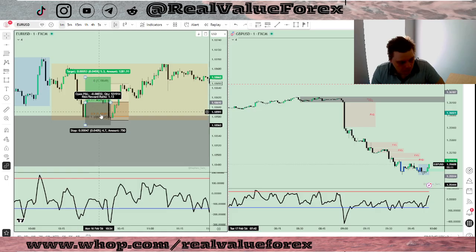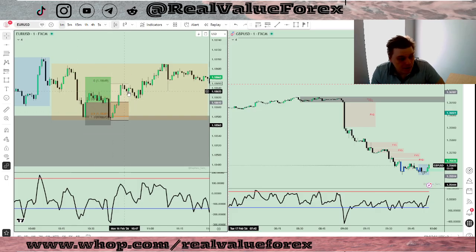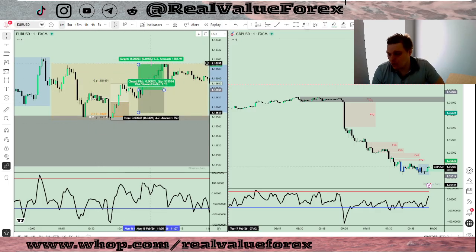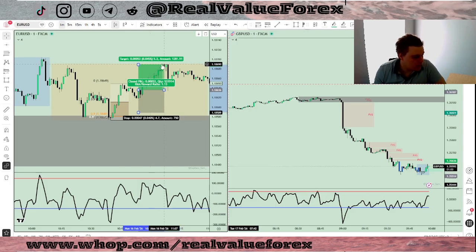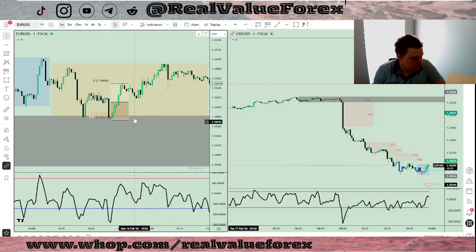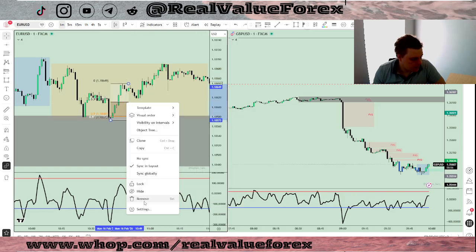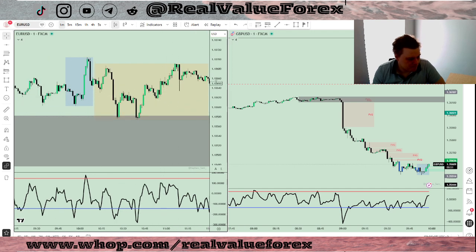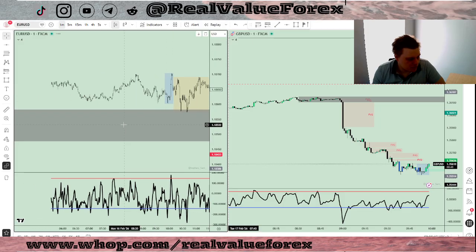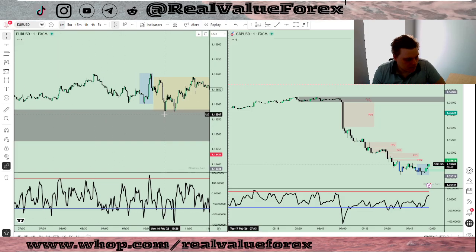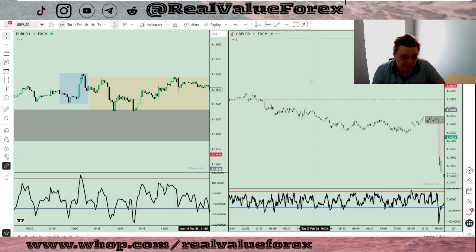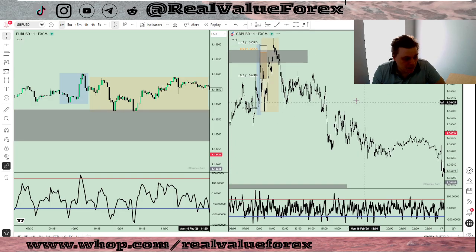But you can see the price is still playing around. When we made this market structure shift, then we know that the market is ready to just go. So yeah, that's really cool. Let me remove this right now. Yeah, there was a possible entry, but the case was that it was quite a huge order block, so it wasn't the best case. But with GBP/USD we had actually a picture perfect setup.